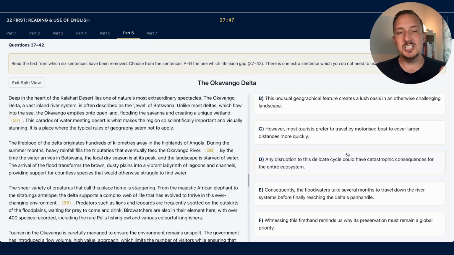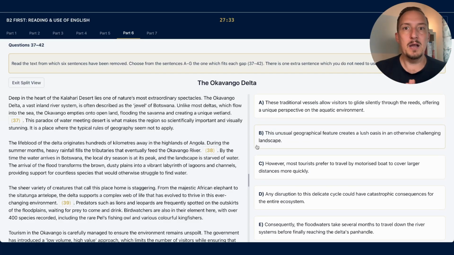Now, the challenge here is that there are 6 gaps and there are 7 sentences to choose from. So as it says here, there is 1 extra sentence which you do not need to use. So it's quite a difficult one. My tip here and my number 1 strategy here is to use reference words. And I can see already that the options have them. So for example, words like these, this,